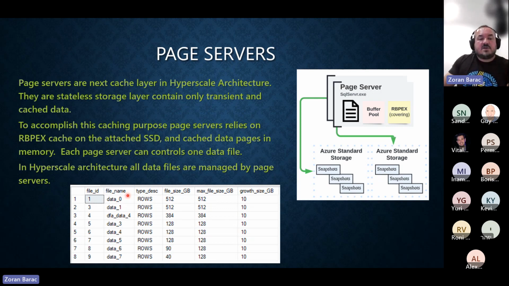And this is how it looks. This is maybe the big advantage of the Hyperscale architecture. Each page server can contain between 128 gigs up to 1 terabyte. To be honest, I did maybe 1,000 tests and never had more than 512. I'm not sure if I was unlucky, but they say it can go up to 1 terabyte. What is important to understand here is that each page server actually has a replica, in an active configuration, for redundancy and high availability.